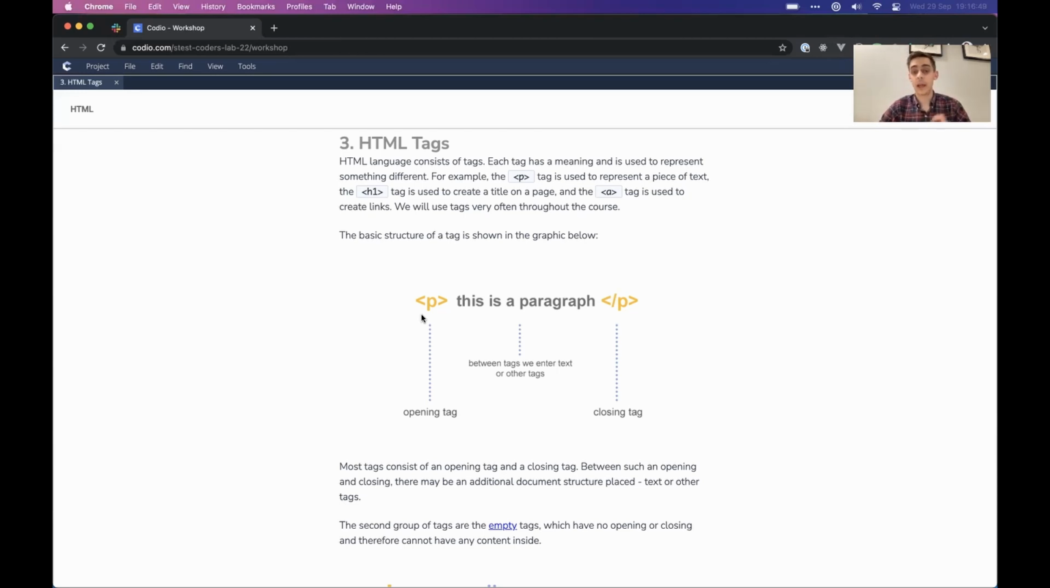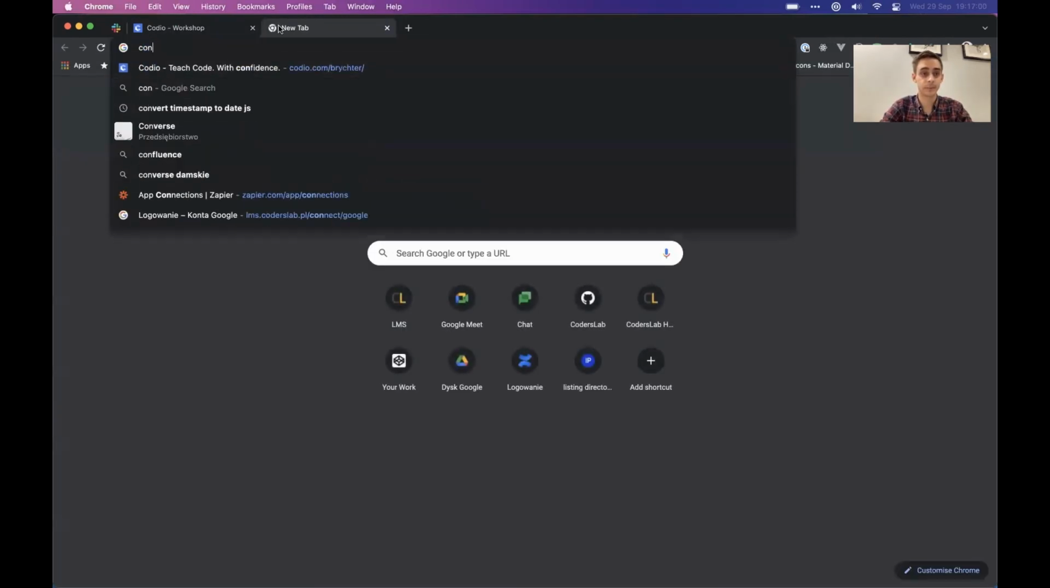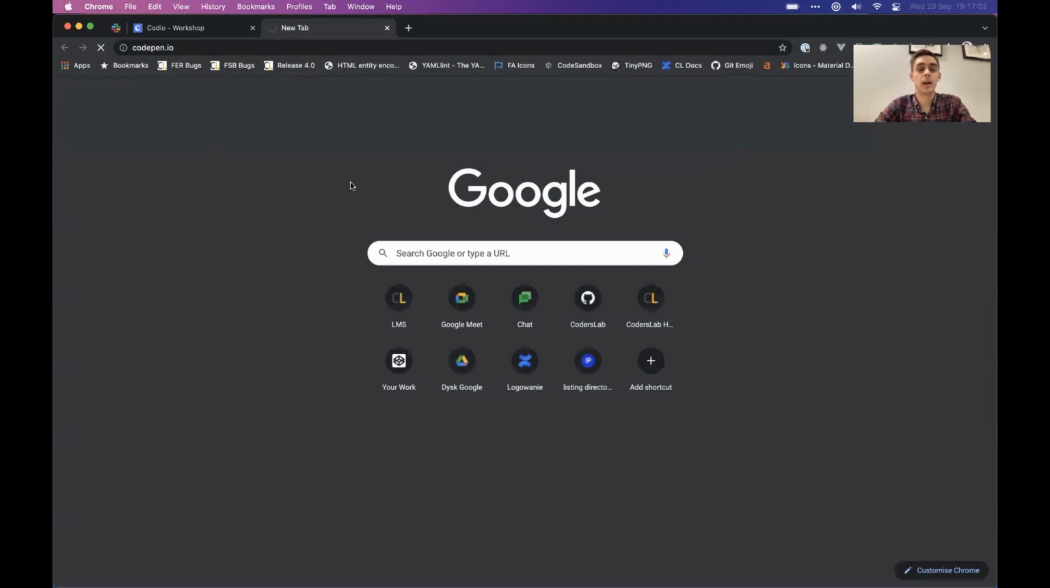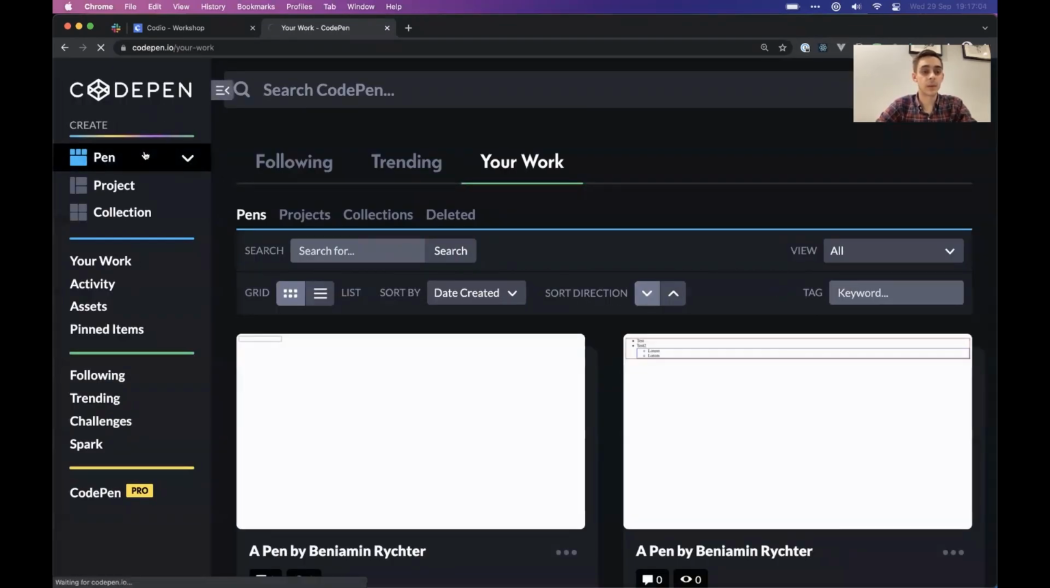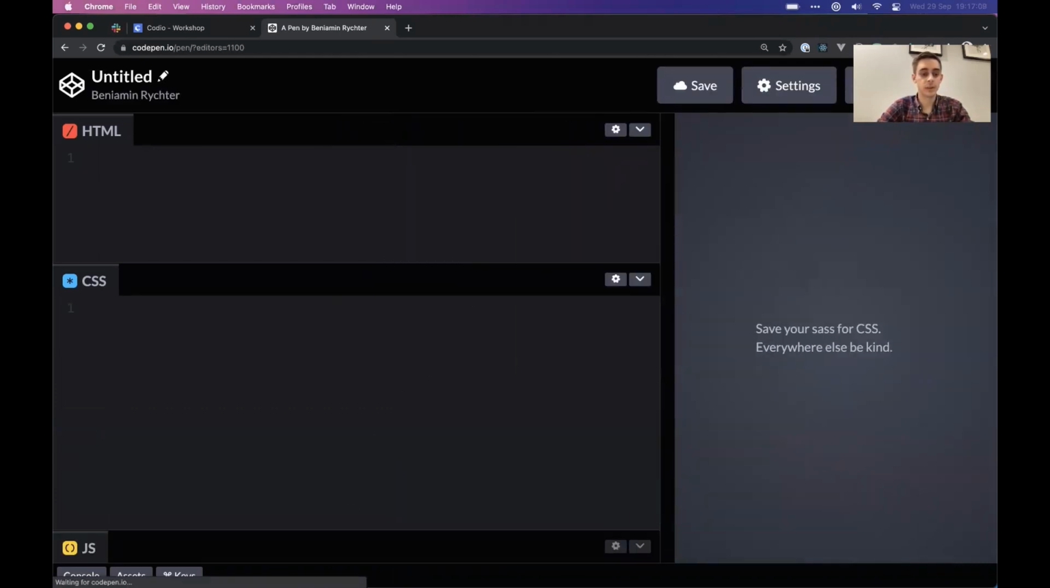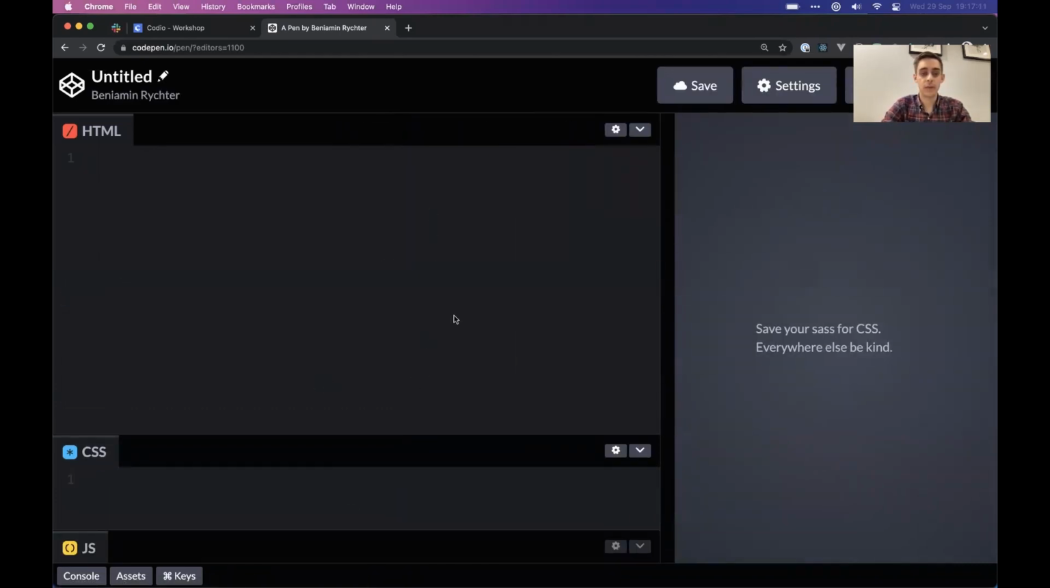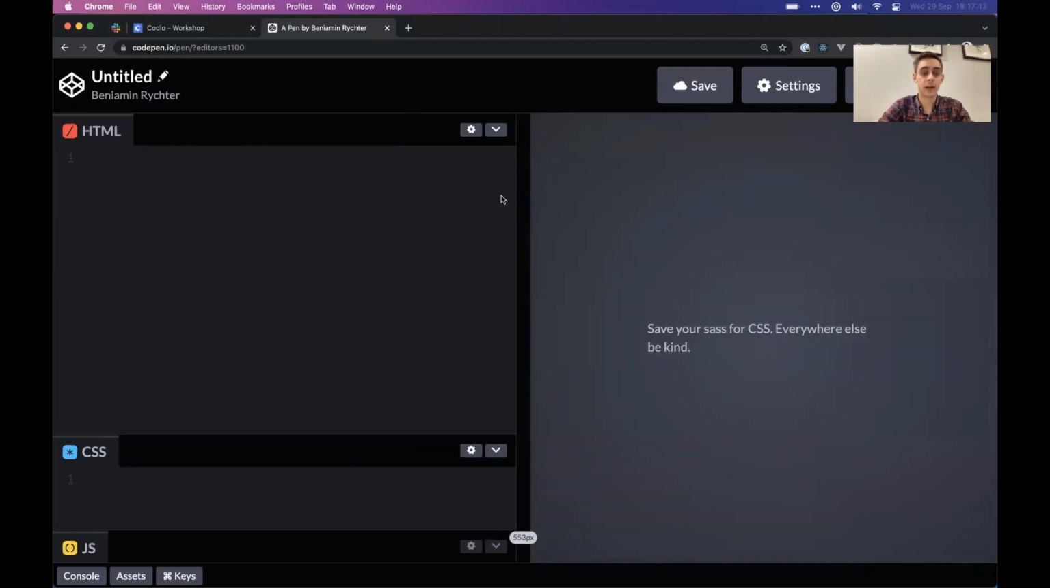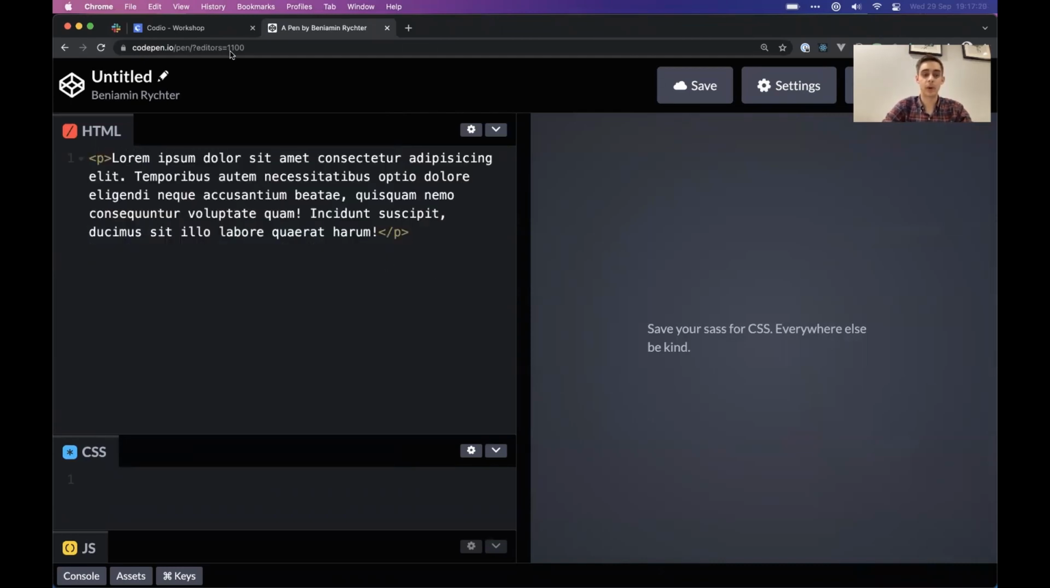So if we have a few paragraphs in our website, each of them will have some space between them. I can show you an example. I will open a CodePen, and you will see what I mean. Here we have an HTML editor, and on the right side we will see the result. So if we have, for example, a paragraph with text,